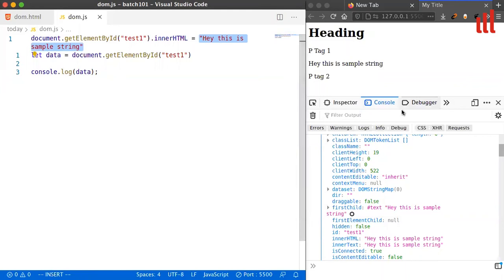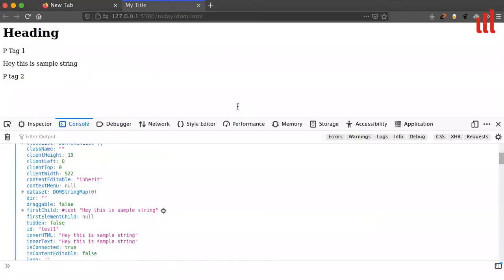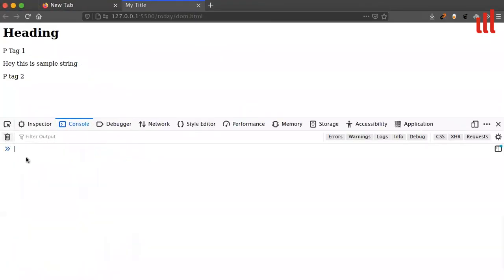If you want to change the style of this particular thing, you can also do multiple things. You can also change the style of the same thing using this method, or you can also fetch this particular element using the same method as well. So let me show all these things on the console. You'll be able to understand in the easiest way. So what do you want to do? Let's suppose I want to fetch document dot